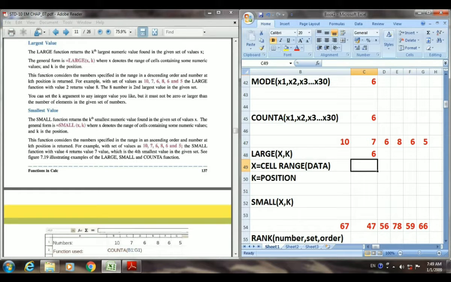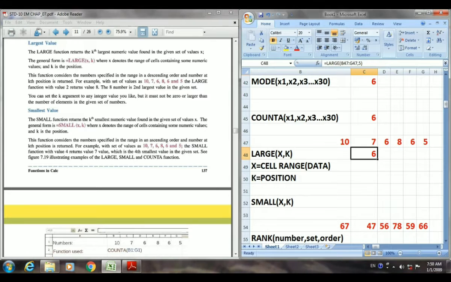So this 6 is in the 5th position. That is why the answer is 6. Like this, it will arrange the data first in descending order, and then show you your requested largest value, that is the 5th largest value among the range.